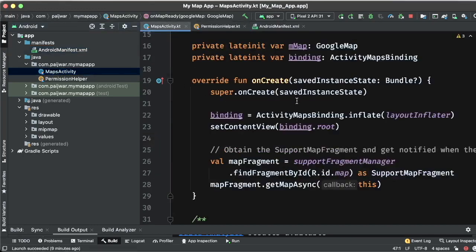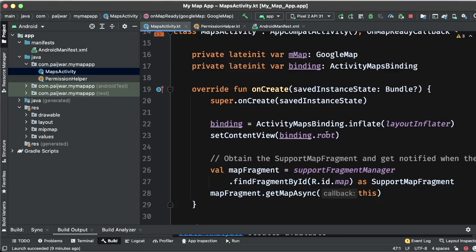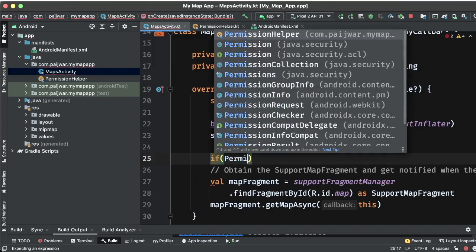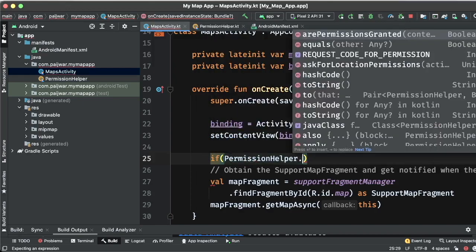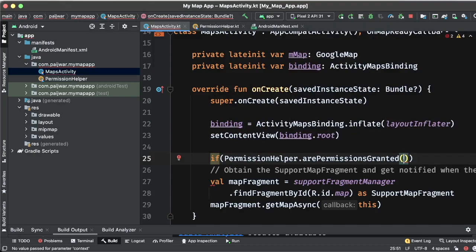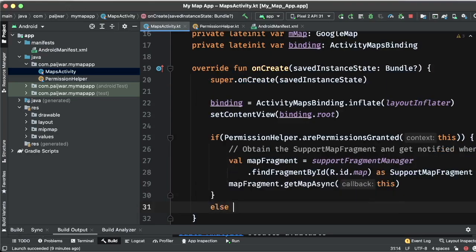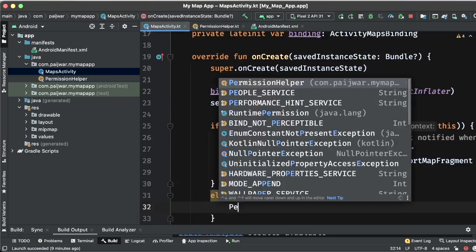So once we come here, as soon as we build the layout, before setting up the map, I want to check for the location. So if permission helper.permissionGranted, and I will pass this as a context. If this is true, then we will set up the map, else we will ask for permissions.